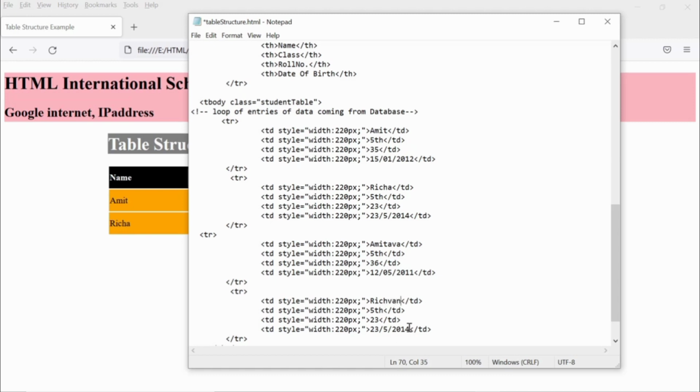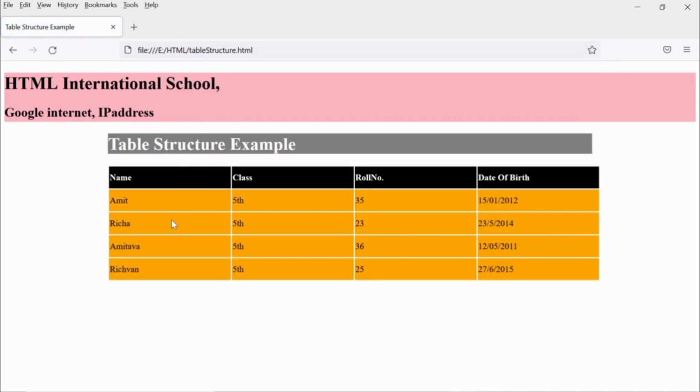Remember that these rows can be looped if you have data sources from a database or Excel. To fetch the data from Excel or from the database where there are hundreds or thousands of records, you can loop it inside this tbody tr, and accordingly the data will be displayed, right? You can see now it's a good one.